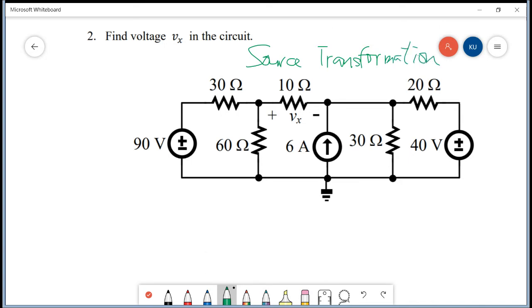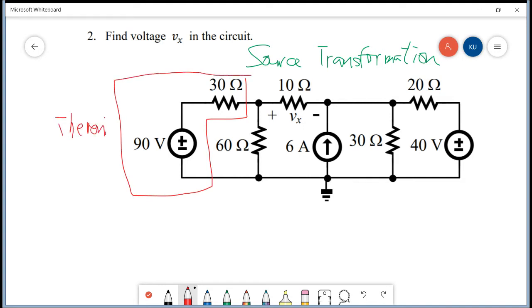Actually, you can find this method in part 3 of this week's notes or videos. Okay, so as we need to find Vx, even during the source transformation, we hope to keep the 10 ohm resistance here. Otherwise, we may lose this stuff. So first of all, this part is